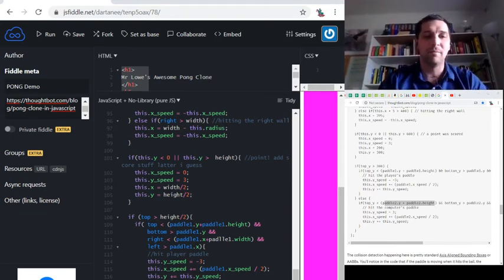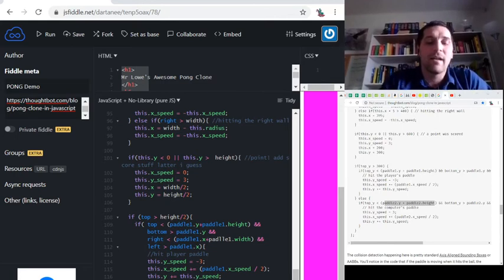But you know what? Top Y is going to be less than. I don't want to copy and paste, but I told myself I wouldn't copy and paste because I want you guys to experience this. So paddle Y plus paddle 2 dot height, H-E-I-G-H-T. There we go. And we're going to give ourselves some and symbols, and we're going to go down a line. And here we're going to tab right in, and we're going to go bottom, and it's going to be greater than, perfect, paddle 2 dot y,